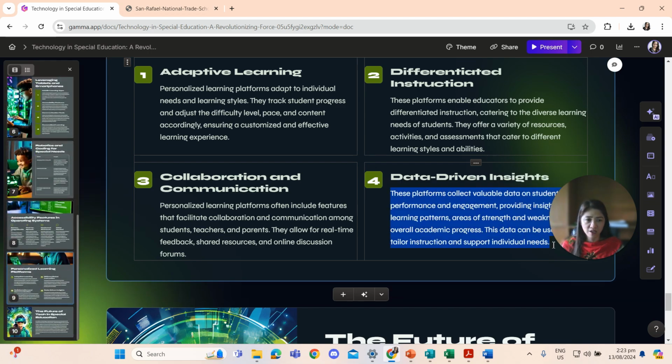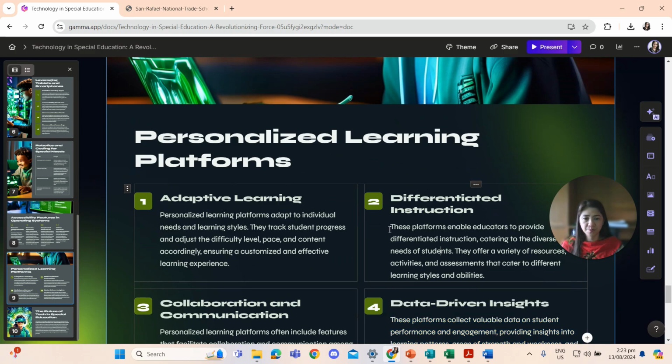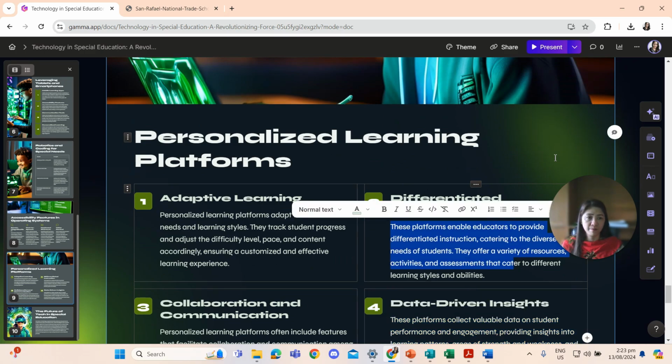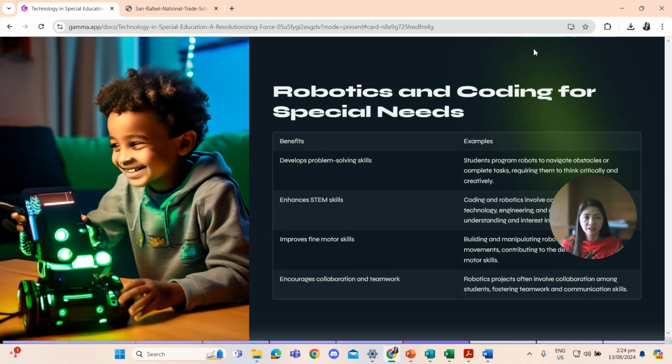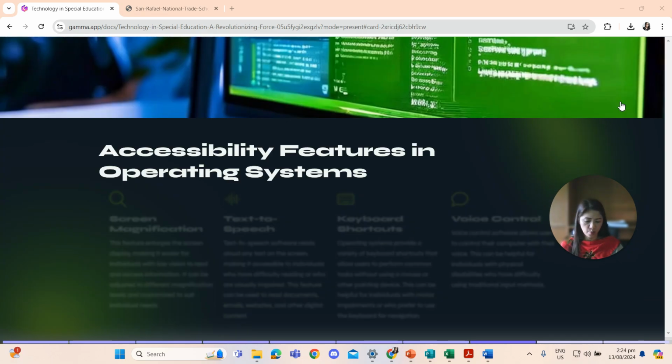Or if you want, you can edit here. Then after editing here, you can generate your presentation. Okay, so again, this is the theme. If you want to change the theme from this theme to another theme, will do. Just click this one. And of course, if you want to see the preview for this PowerPoint presentation, just click this one. Let's play it. And so this will be the appearance during the PowerPoint presentation while you're playing your presentation.